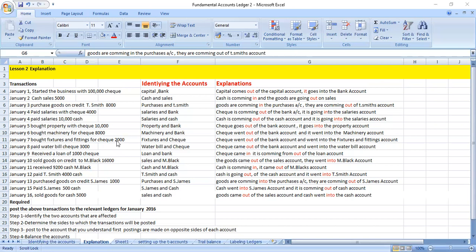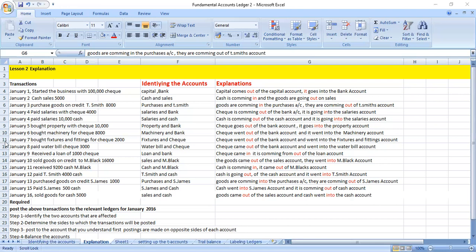$2,000. The two accounts affected are fixtures and fittings and bank, right? Fixtures and fittings and bank. The check went out of the bank account and it went into the fixtures and fittings account, right? So we can say that, okay, we spent a check of $2,000. We spent $2,000. It came out of our bank account, and we received some fixtures and fittings in